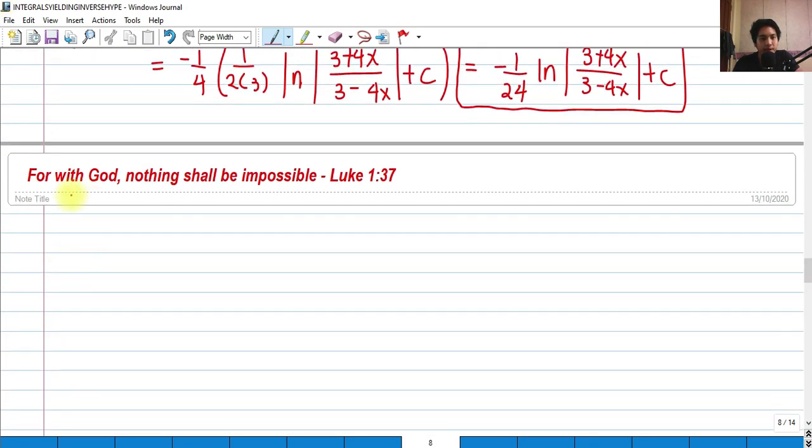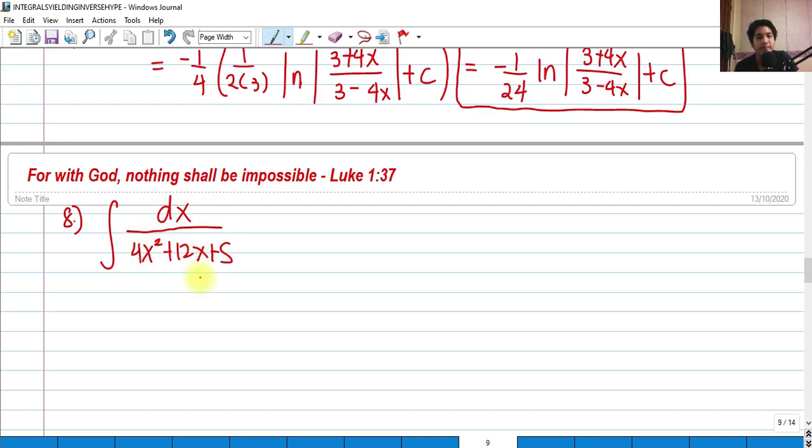Last problem for this video. So we have number 8. Calculate the integral of dx all over 4x squared plus 12x plus 5. So what will we do if we encounter this type of integral, since we know that this will yield